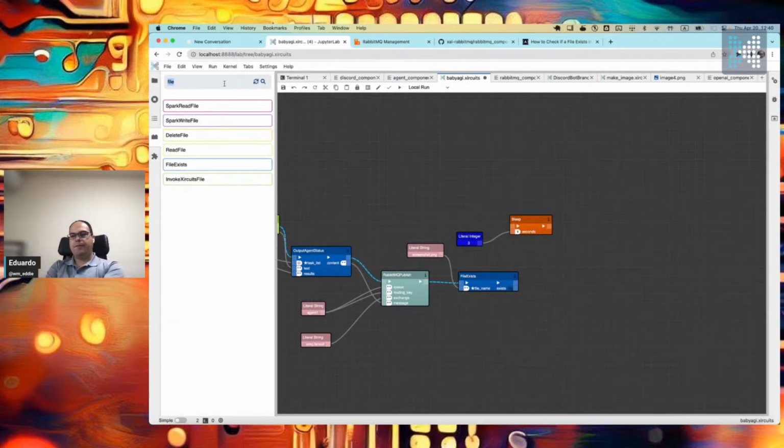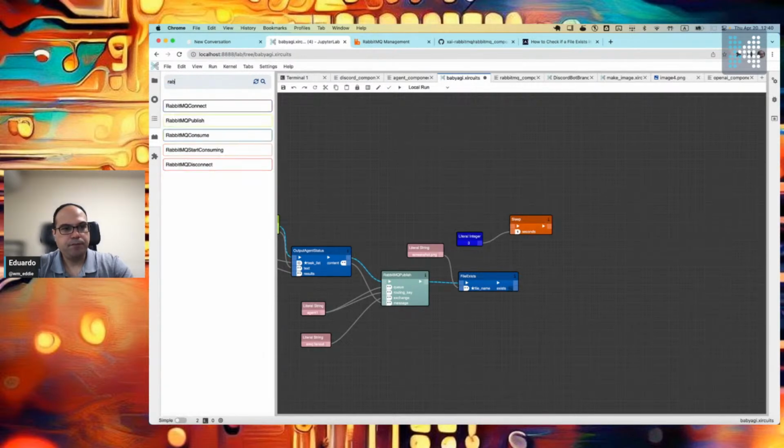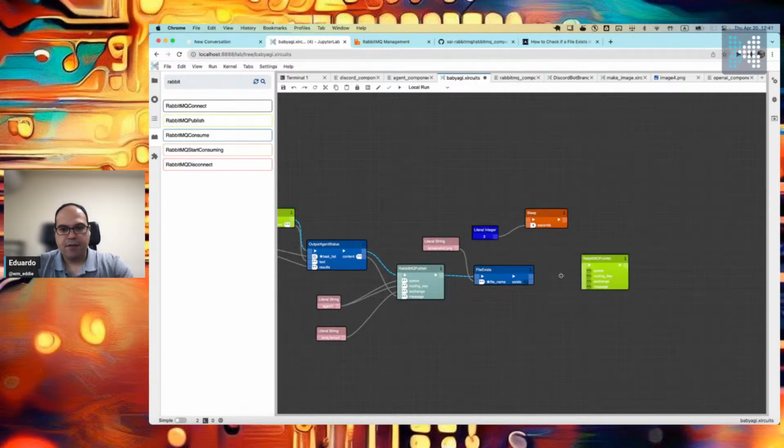So I think it makes most sense to publish to RabbitMQ, and then we have a separate thing that will put that stuff into the RabbitMQ side. Okay, so we'll have another publish here. And this queue, I think we will call it